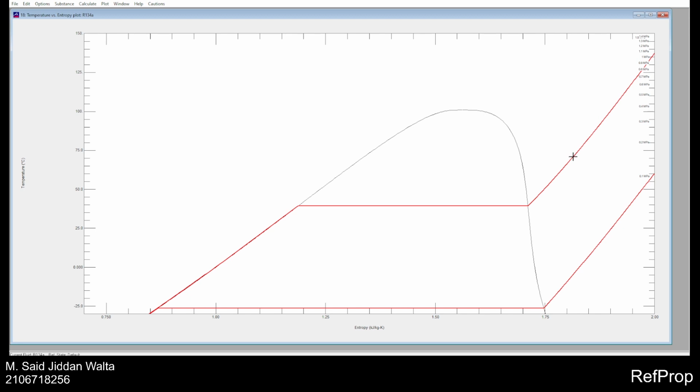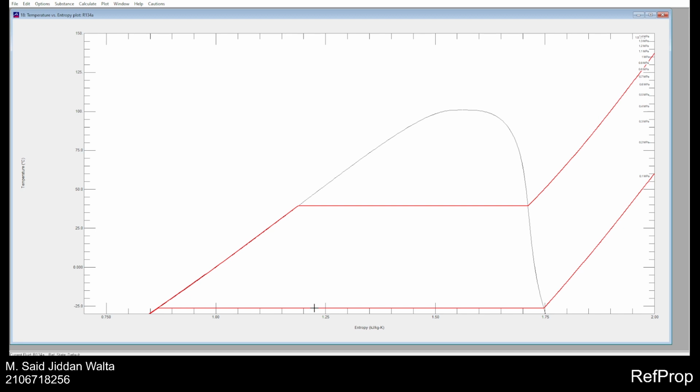After that, the condensation process at constant pressure occurs, where it will move up to the saturated liquid point on the left. And then the liquid will be expanded in a flash chamber or in an expansion valve, where it will go back down and lose some of its temperature,